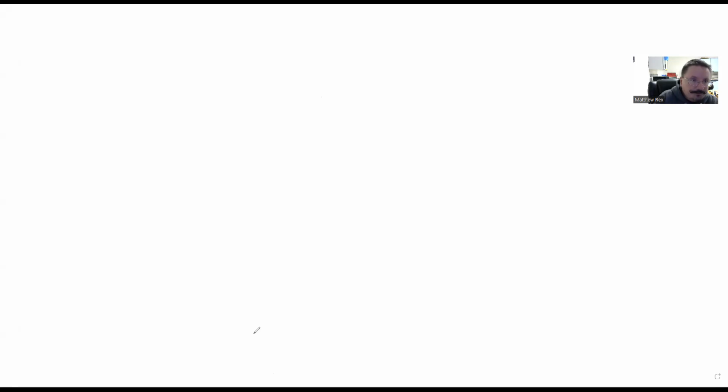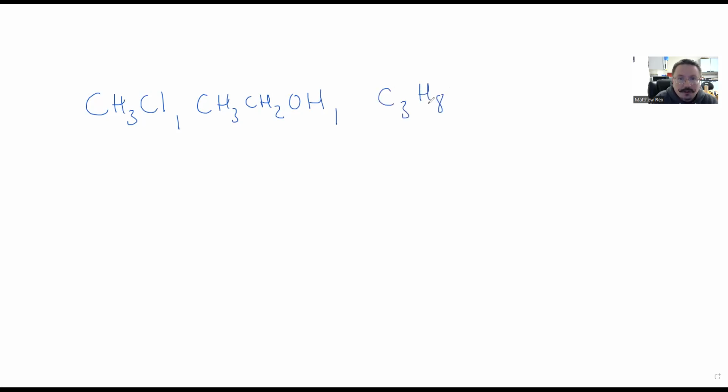So we had CH3Cl, we had alcohol, or ethanol specifically, CH3CH2OH, and the last one was C3H8. In the first one, I would have carbon bonded to chlorine and 3 hydrogens. Here, I've got this carbon bonded to those 3 hydrogens, the next one bonded to those 2, and then we have that OH alcohol bond, and here I have a straight chain of the 3 carbons, so that's just propane,